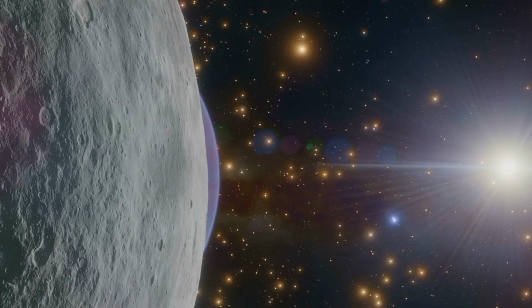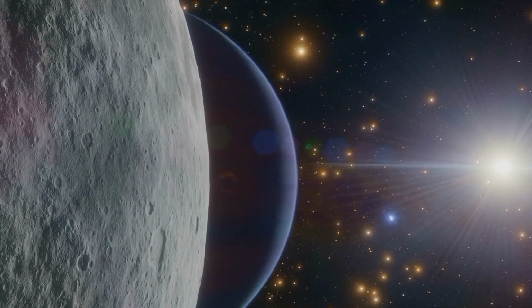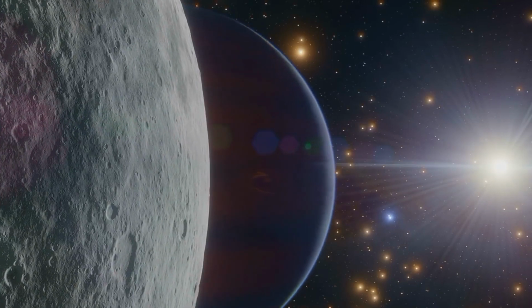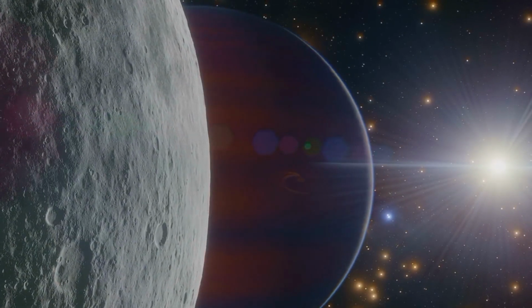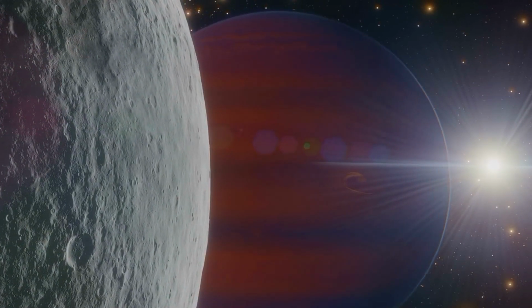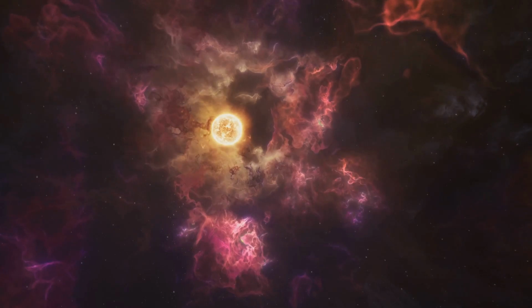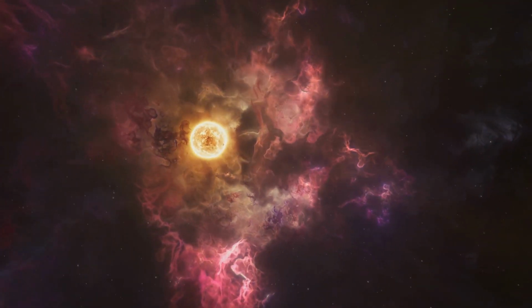This tiny moon, a relic from the early days of our solar system, provides a unique window into the composition and dynamics of the Kuiper belt, a vast and icy region beyond Neptune that is home to countless remnants from the solar system's formation. Imagine the early solar system as a swirling cloud of gas and dust, a chaotic nursery